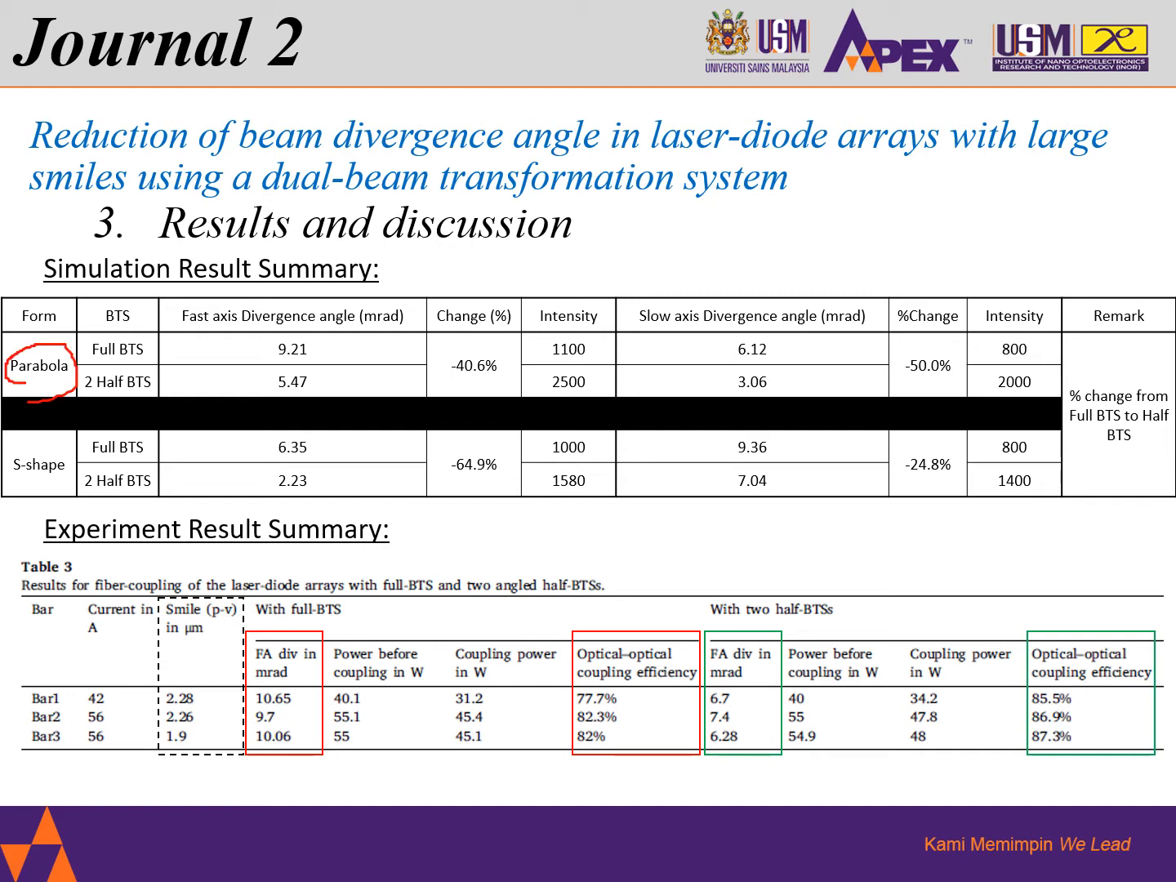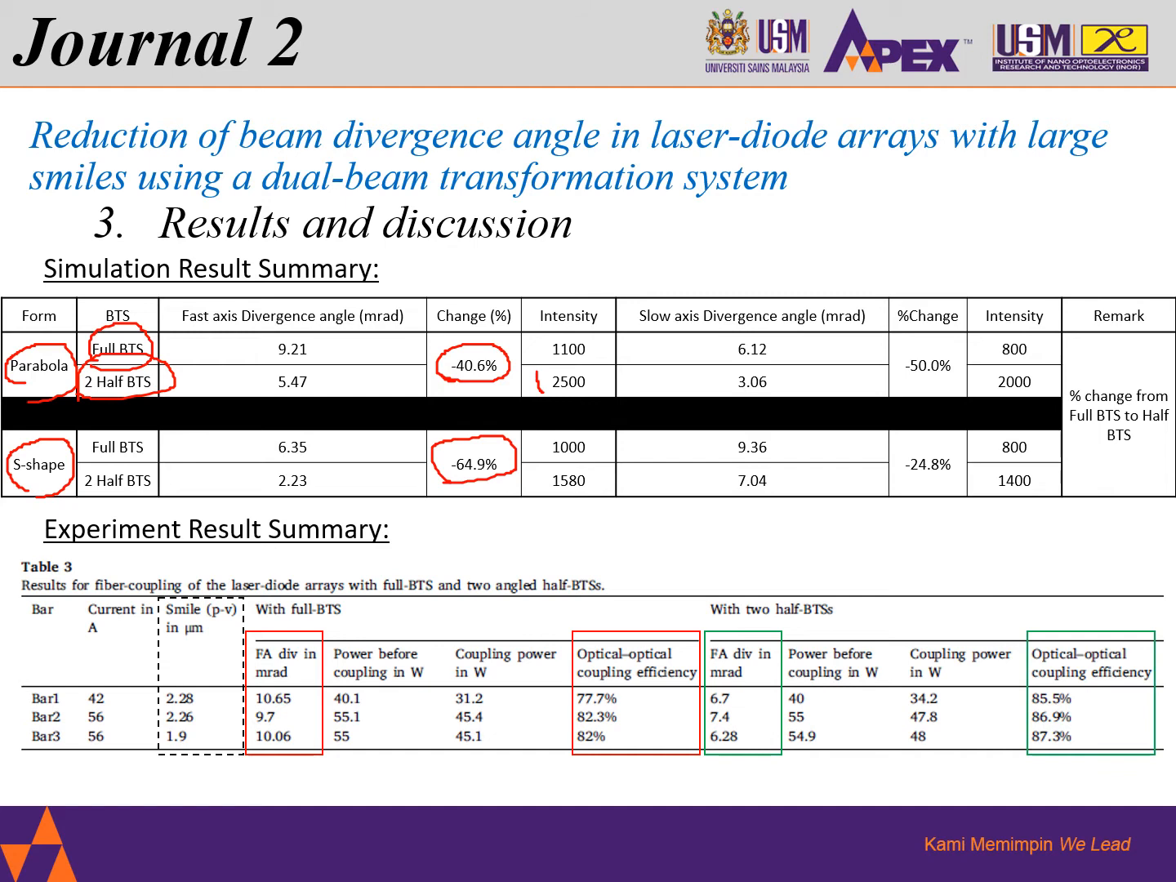For the parabola and S-shaped form of smile, we compare between full BTS and half BTS. You can see a reduction in fast axis divergence angles of around 40% for the parabola, while there is a much higher reduction in the S-shaped form of smile. But both